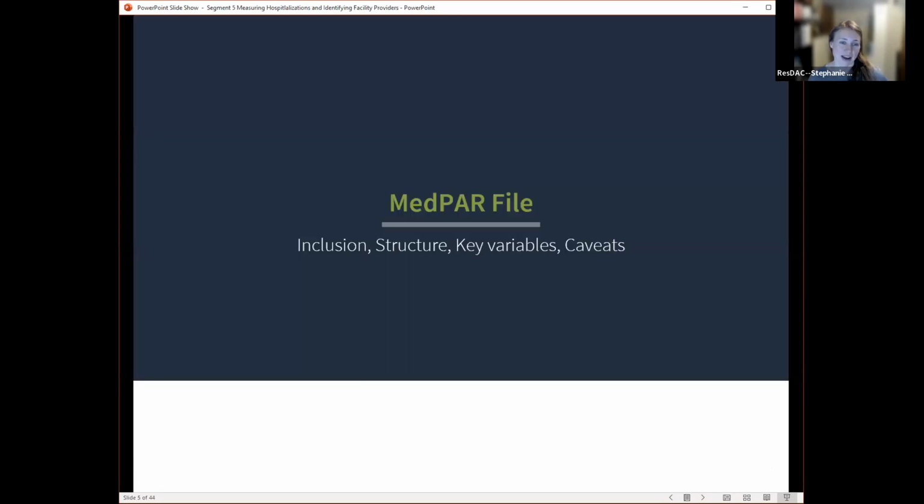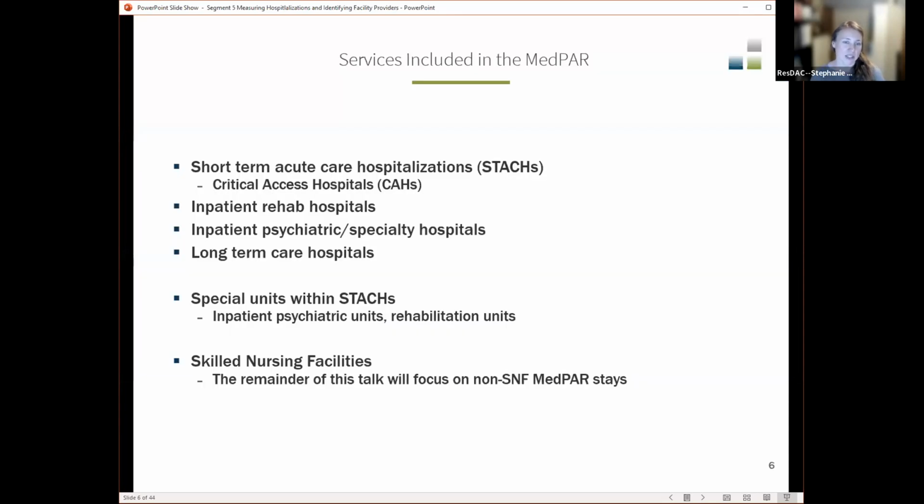So we're going to start with the MedPAR file and just go through what this file is, who's included, what the key variables are, and what some of the caveats associated with it are. So services included in the MedPAR, when we talk about hospitalizations, we don't just mean acute care. It can include inpatient rehab hospitals, inpatient psychiatric or other specialty hospitals, and long-term care hospitals. It also includes information from special units within